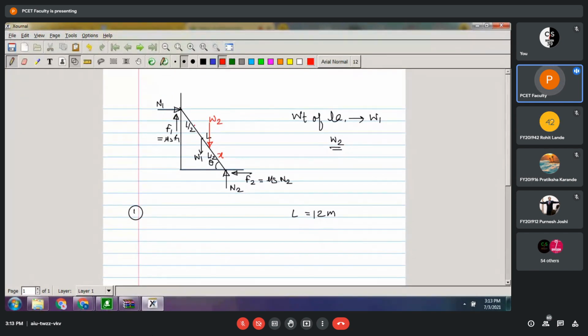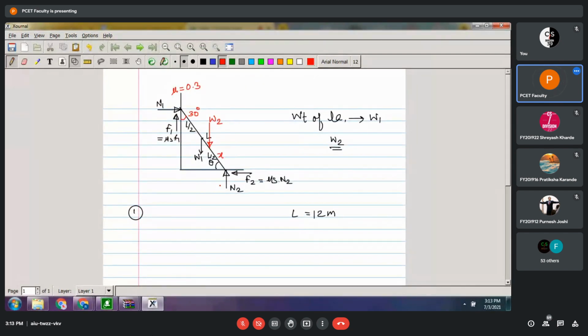Now my angle of the ladder is given with respect to the wall, which is 30 degrees. Static friction between wall and ladder, now this is wall and ladder, so mu for this is given as 0.3